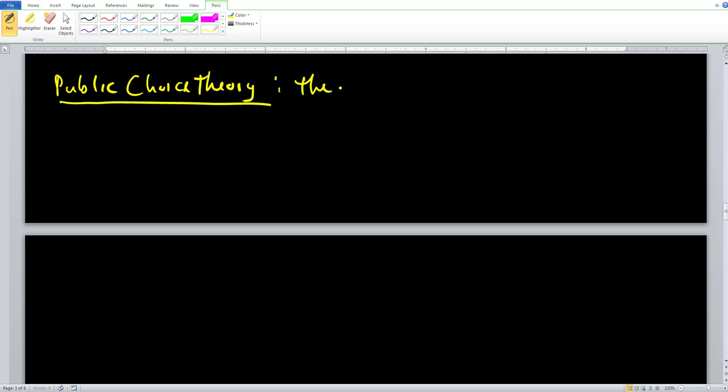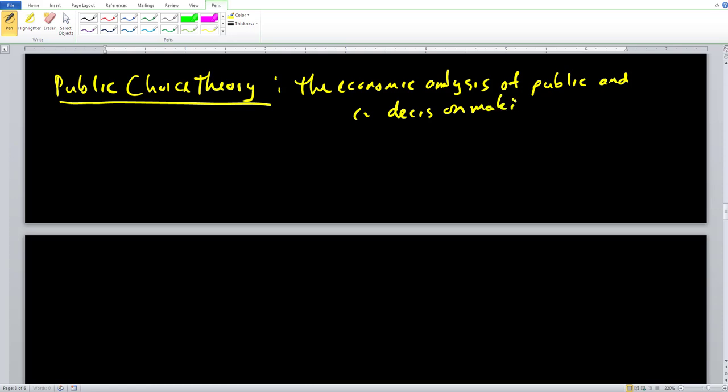So the economic analysis of public and political decision making. Public and political decision making. So here, economic analysis of public and political decision making is what is known as public choice